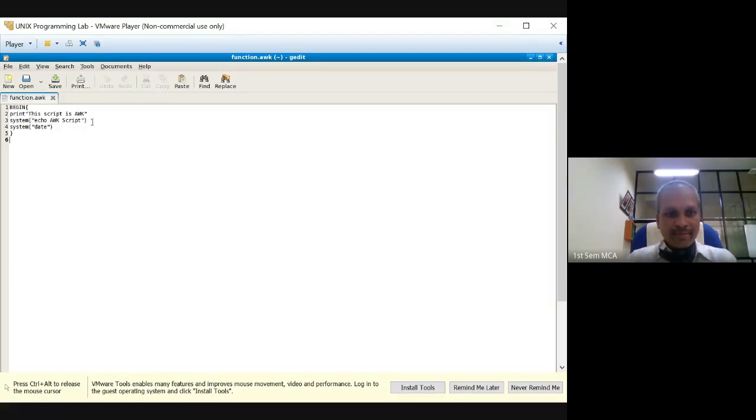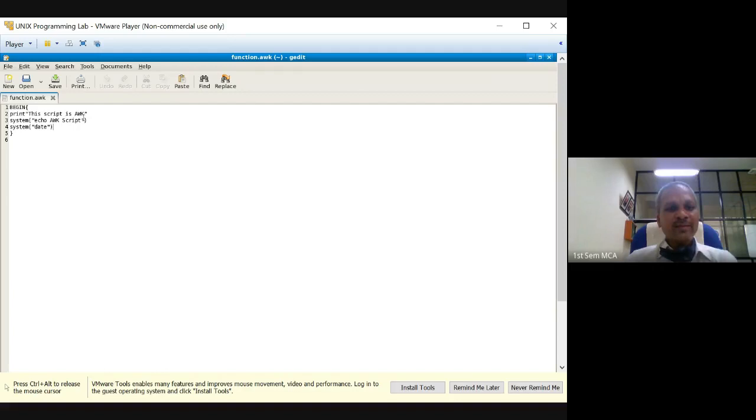System within parenthesis echo AWK script. So what does echo have to do now? Echo is a Unix command. It has to execute whatever is followed by this, that is an awk script. But whatever you are going to use, have to keep within the double quotes, because system takes a string as a command. Now to demonstrate further, I've taken a date command. So date is a command of Unix which I have embedded in the double quotes and sent to system now.